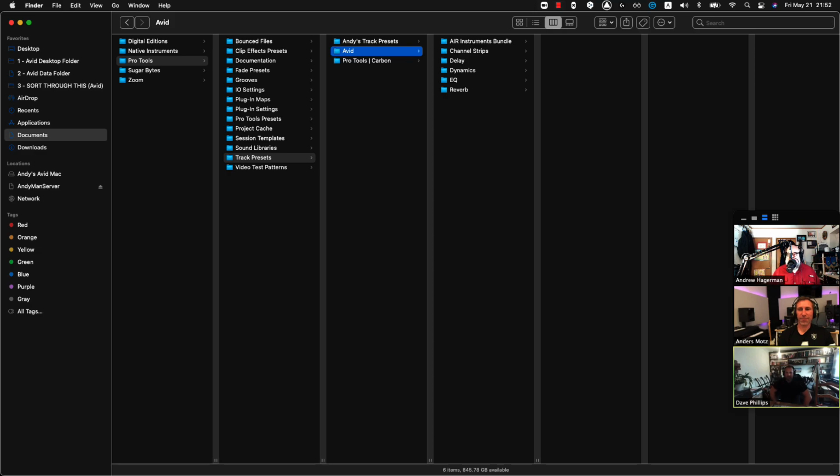You can do similar to what you do with plugins. You can move them to a temporary folder just to get them out of your eye line, and then if you want any of them, you can always bring them back in. And by the way, if I was to create, and I'll do this with track presets, but session templates would be the same, if I went in here and created a new folder,